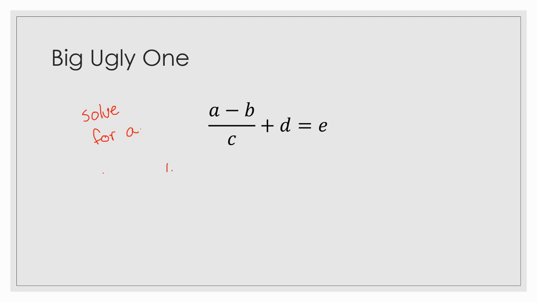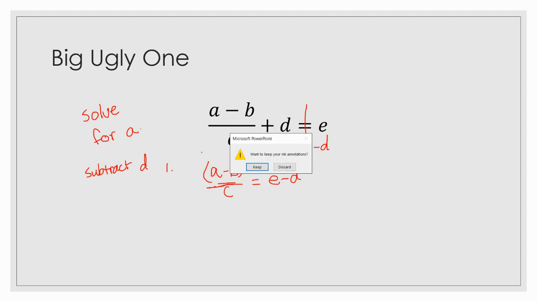Your first step should have been to subtract D, because D is the furthest thing. That's our outside in number. So I'm going to subtract D from both sides. And again, since I can't combine anything, I rewrite A minus B over C equals E minus D. Getting a little better. We're getting closer to A. Okay, what's your next thing to undo? Think of what is outside in from A. What is the furthest thing from A on its side? We should have seen that A is with the minus B here, but divided by C is our outside in